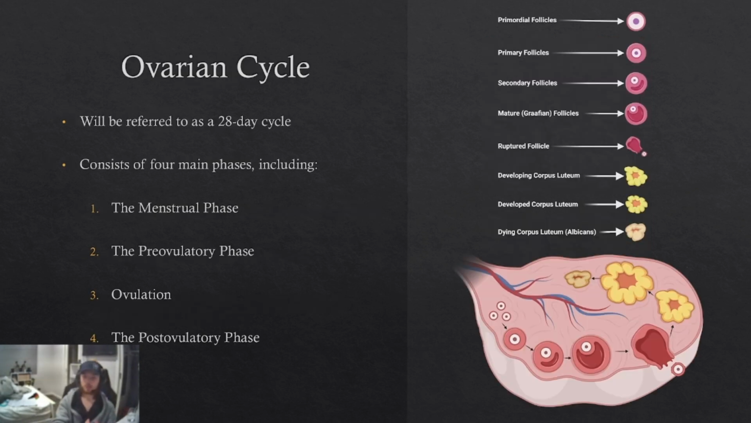Before getting into this topic, it is important to note that all the numbers on this cycle will be referring to a general 28-day cycle, and that all the following events and phases only occur given that a woman has begun puberty, has not fallen pregnant, and has not undergone menopause. The ovarian cycle consists of four main phases, which are the menstrual phase, the pre-ovulatory phase, ovulation, and the post-ovulatory